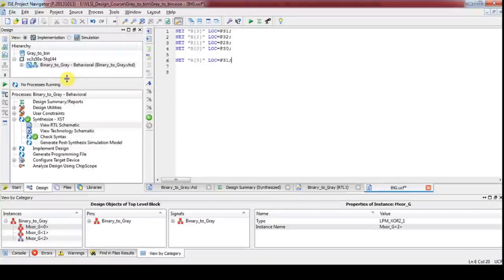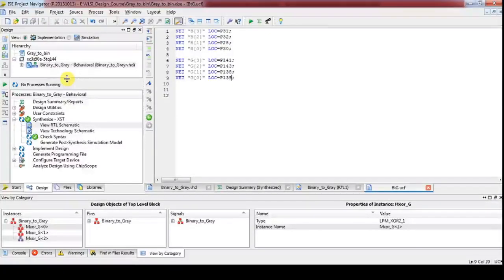Now for the gray output LEDs: 141, let's copy it, for 3, 2, 1 and 0. So 141, then 143, then 138, and then 139.